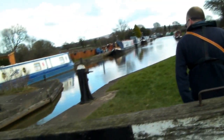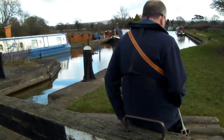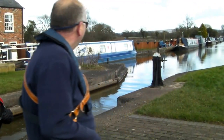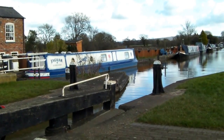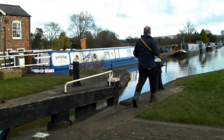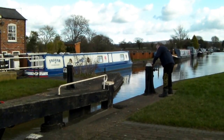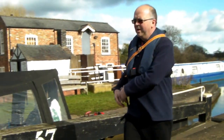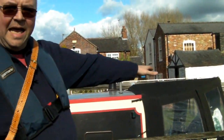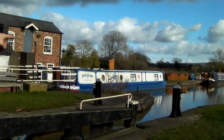Now I should be able to open this gate. Before I move, I need to put the paddle down. Now, just one last job to do. This lock has got a really long tail, as it's called, as it leads into the canal. So I'm going to move the boat forwards and just balance it just at that end so I can close